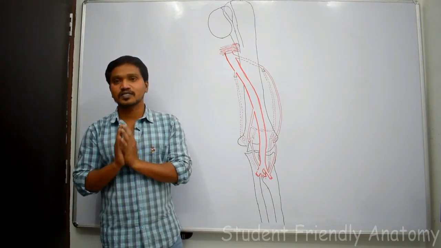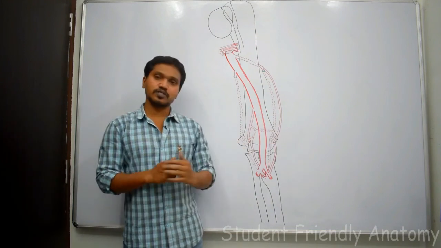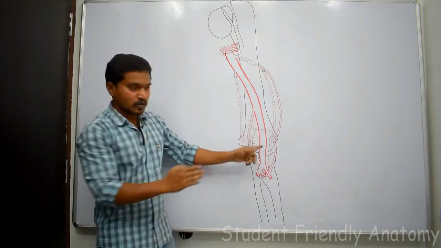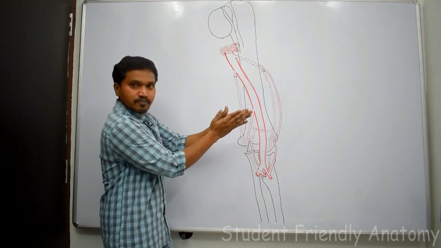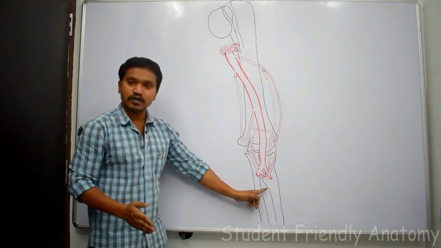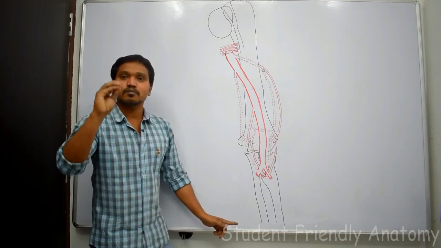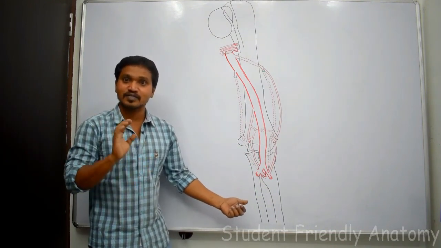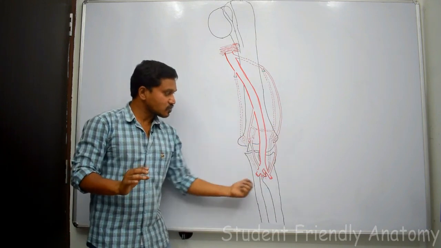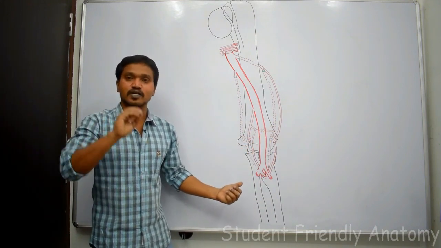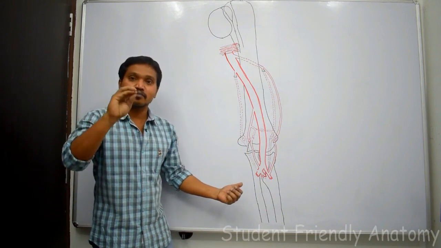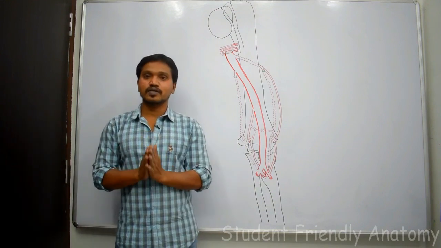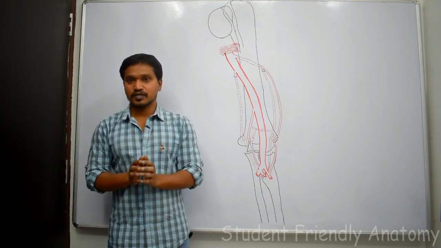Then what is the functional importance of anastomosis around the elbow joint? See, when we are flexing the elbow, there will be kinking of the brachial artery. That means it will be folding. So the distal part of the blood vessels will not get proper blood flow, so distal part structures will not get proper blood supply. That's why there should be anastomosis around the elbow joint, to establish collateral circulation to maintain the blood flow to the distal part structures, right? So this is the functional importance of anastomosis around the elbow joint. That's it for this session.